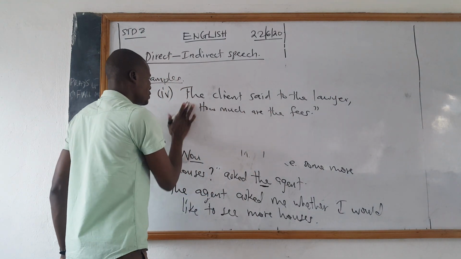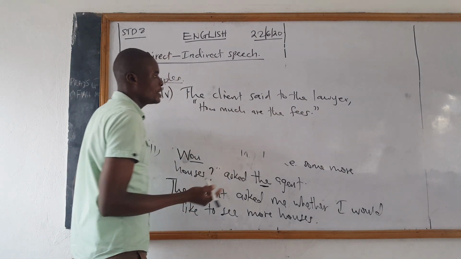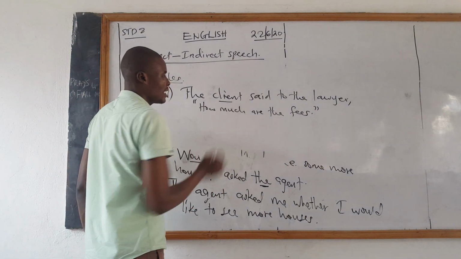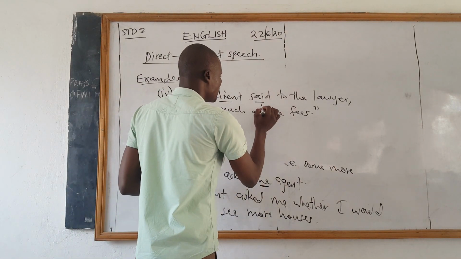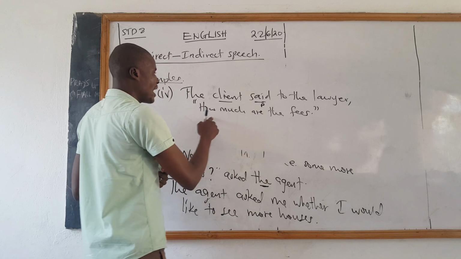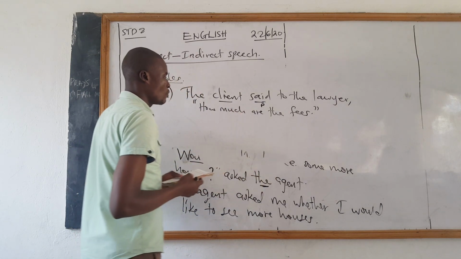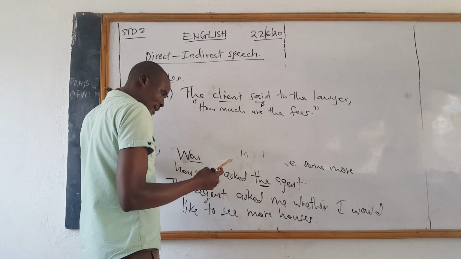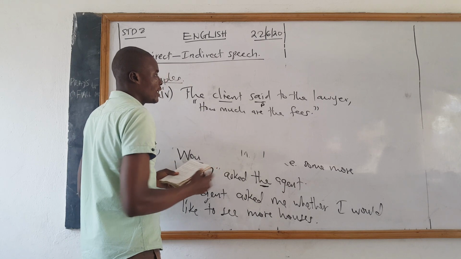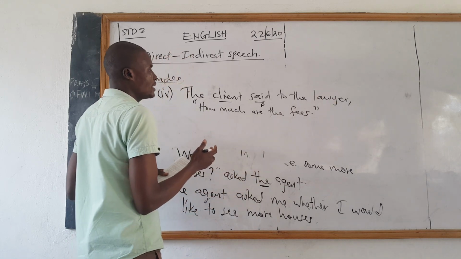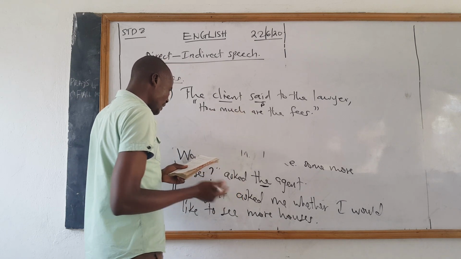So we put in quotation marks the actual words spoken by the speaker, and the speaker in this case is who? The client. Hence we say the tense of this is "said", meaning this is past. And then here, how much are the fees? This one was just said in present simple. So you look at the sentence and make it clear. The client asked the lawyer. It's a question. This was just a question because of "how much". So he expected an answer there. So we say: